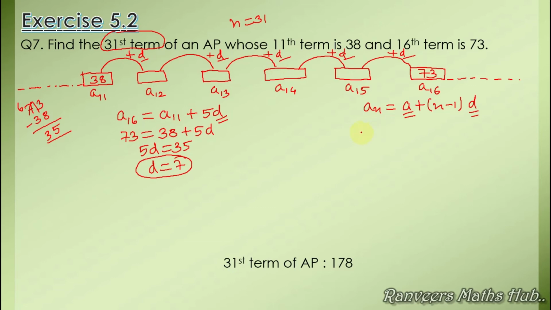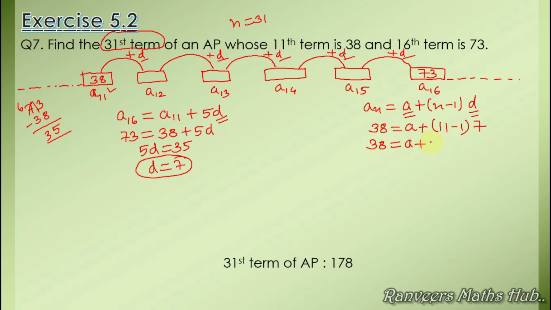Okay, so what we will do now, we have the 11th term A11. Okay, so using the same formula हम लोग क्या करेंगे, 11th टर्म को लास्ट टर्म कंसिडर करते हैं थोड़ी देर के लिए. तो 11th टर्म का वैल्यू क्या है? 38, विच इज इक्वल टू a, यानी फर्स्ट टर्म हमको फाइंड करना है. तो अभी हम 11th टर्म को लास्ट टर्म कंसिडर कर रहे हैं, तो n का वैल्यू यहाँ पे क्या होगा? 11 minus 1, and d already we got the value of d as 7. So 38, which is equal to